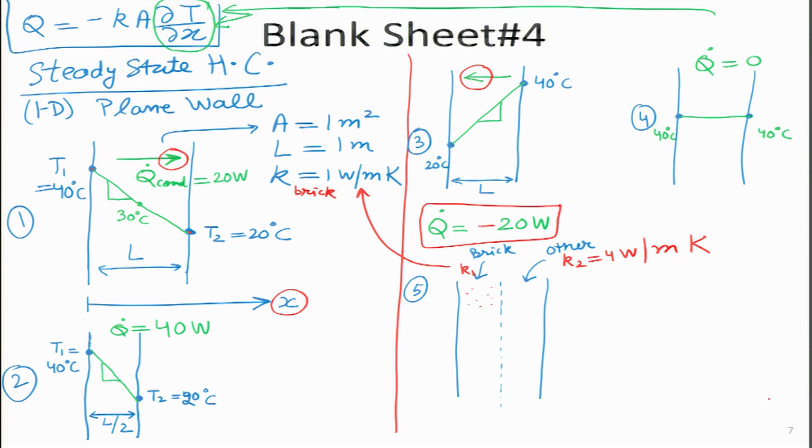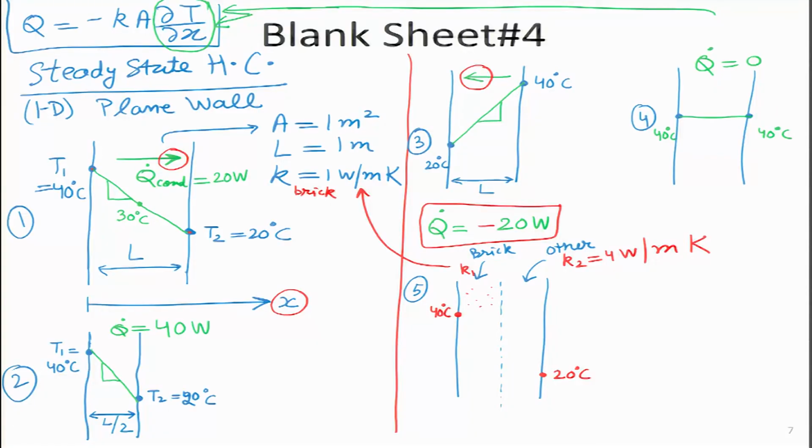Now, let us try and think keeping the same conditions on the left and right hand side. So, I will redraw that over here. The left hand side temperature is 40 degree and right hand side we are still maintaining as 20 degrees, which means all the cases, case 1, case 2, case 3 and case 5, we have maintained both the temperature numbers just for illustration purposes. There is nothing special in 40 and 20, but just to present this example I am showing like that.